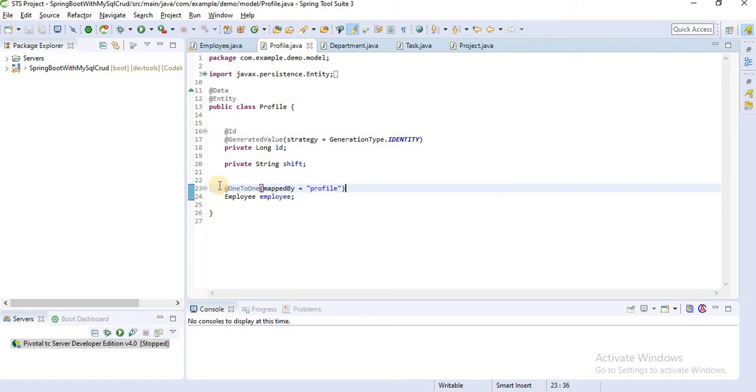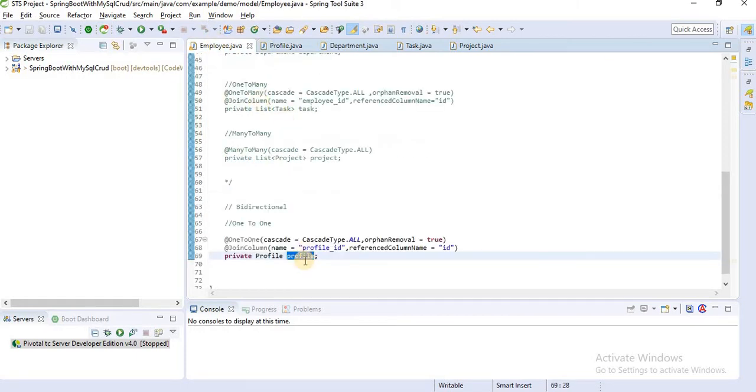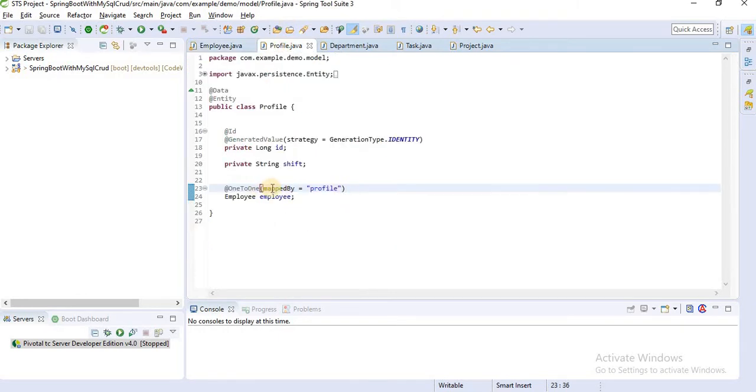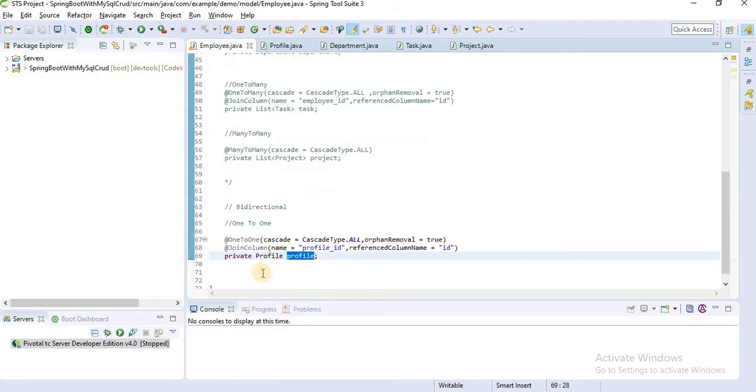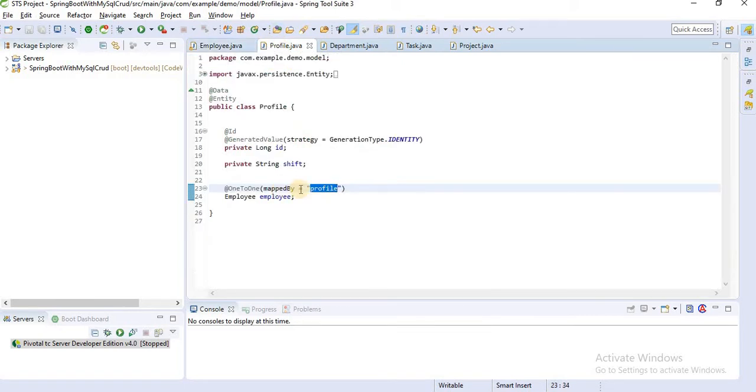The profile we defined inside the Employee class, that means the Employee class is responsible to hold the profile id. That's why I am simply writing mappedBy profile. I will not do that thing, profile will do that thing. And where did we define this profile? We defined it here as private Profile. This variable name we simply pass inside mappedBy.